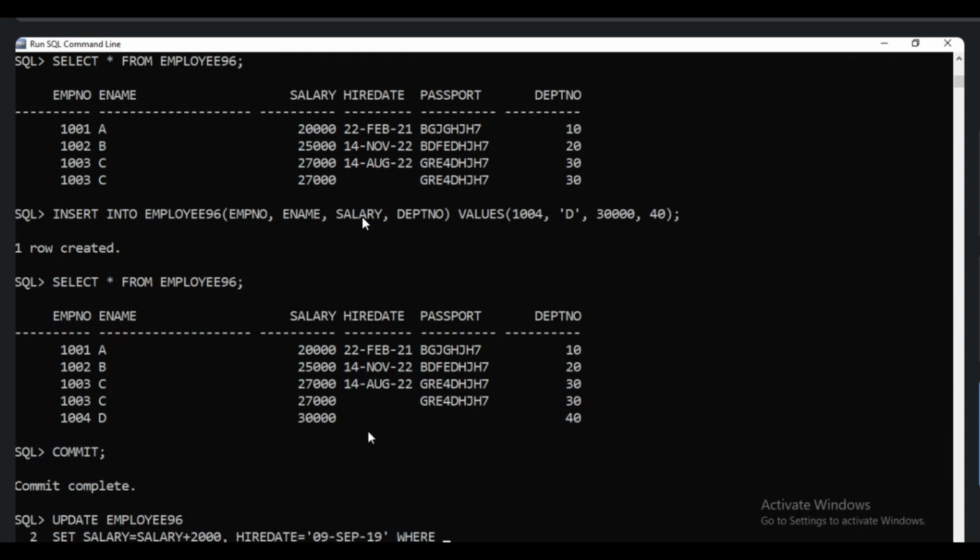Okay, where employee number equals 1004. So here I am updating the salary and hire rate. If you want to update one more column, we can add it, passport also.